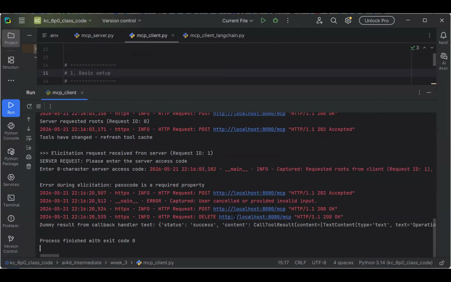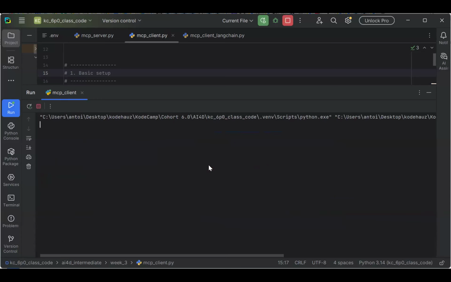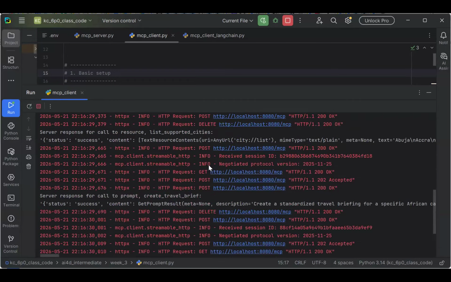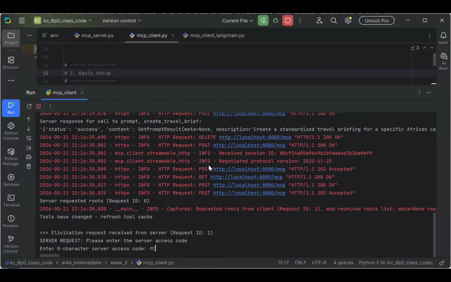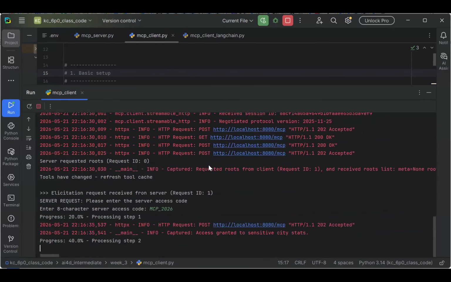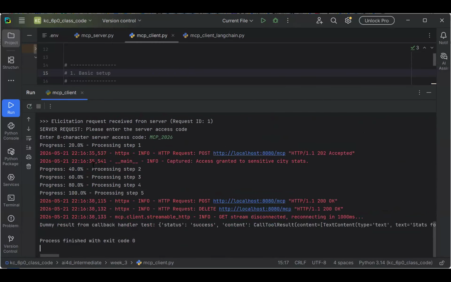Just a minute, I should run this. Okay, MCP 2026. And that should now, because I provided the correct access code, give the progress